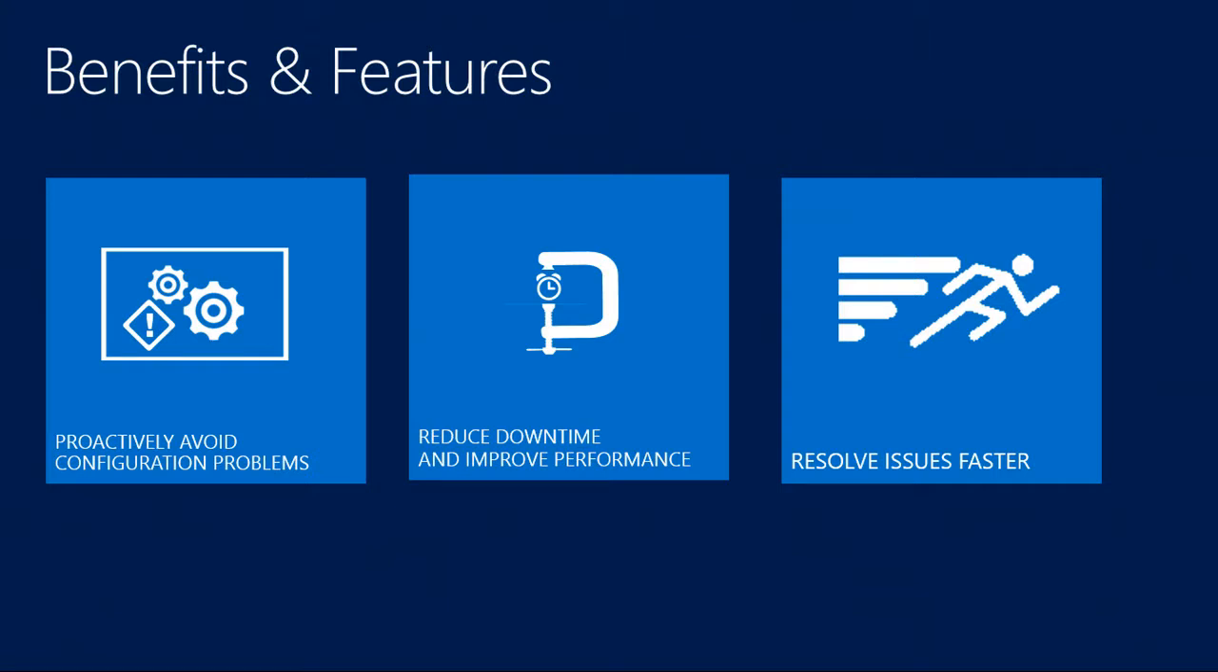And once it figures out that, hey, there's something missing in your configuration or you're doing this wrong, it will pop up an alert on the Advisor portal, and it will point you exactly to what KB article you need to read in order to fix your problem. And in doing that, Advisor will help you proactively avoid configuration problems, and it will help you reduce your downtime and improve your performance. If issues do happen, you will still have that information readily available, and it will apply